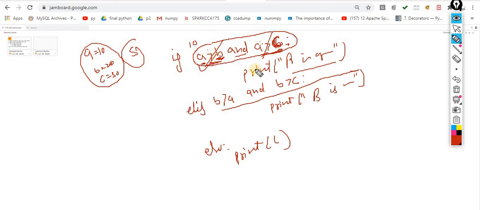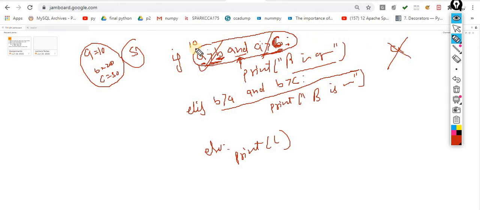This can happen, because I implemented AND over here. It means if any of the conditions is false, A can never be the largest. It's confirmed.